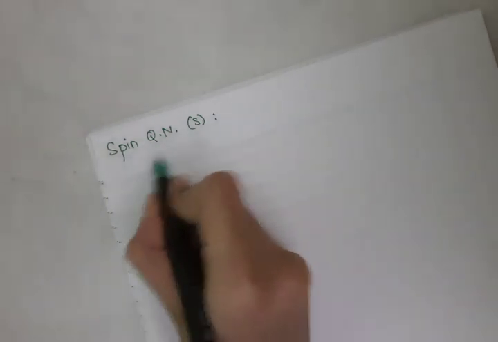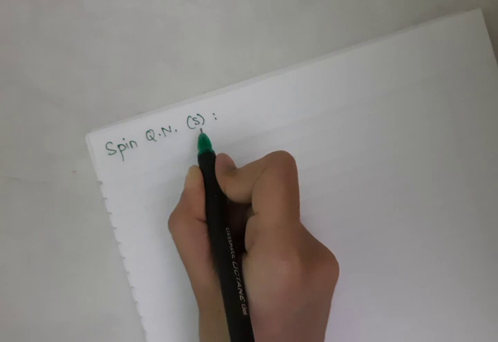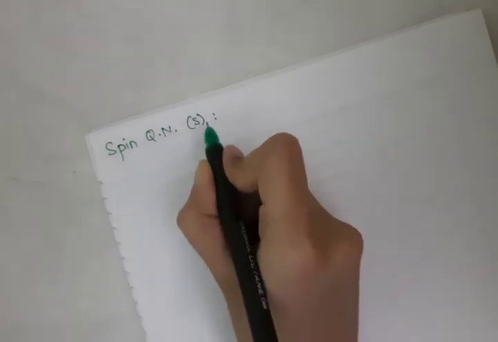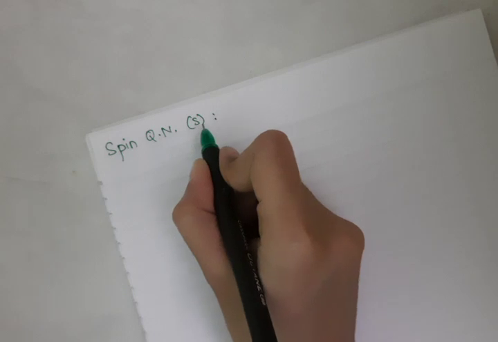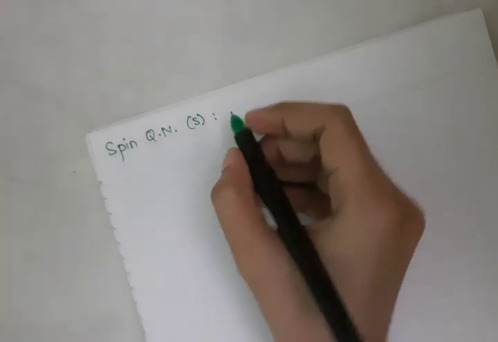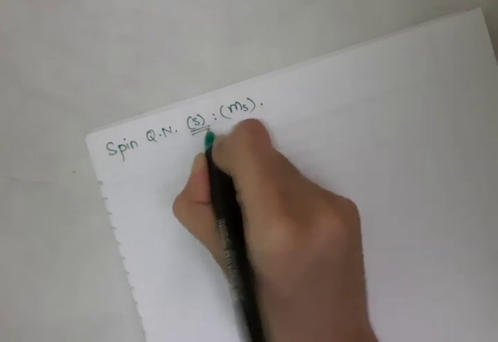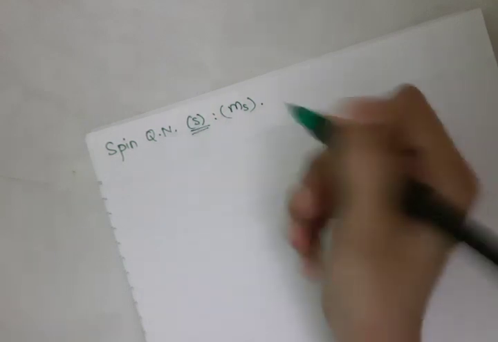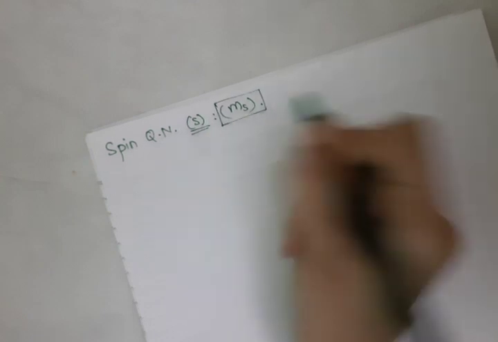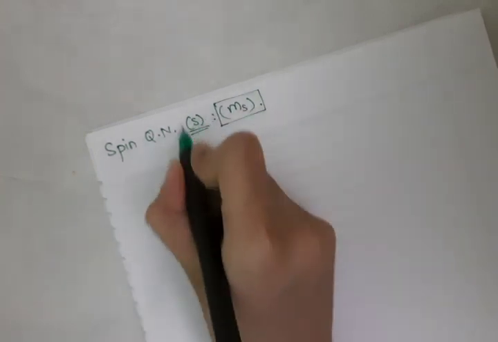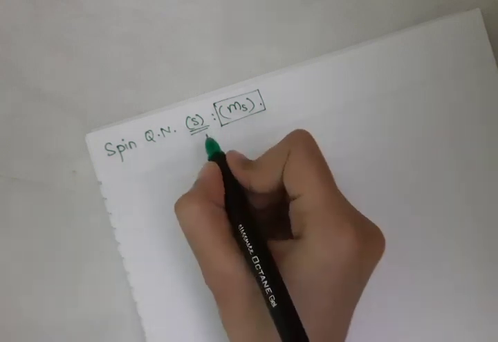Okay, let's start with the spin quantum number s. Spin quantum number is denoted by small s. Don't get confused between small s orbital and this spin quantum number s. Always remember, it can also be written like this, ms, but we usually prefer this small s. This is considered when a magnetic field is there. So let's consider it as only small s, spin quantum number denoted by small s.